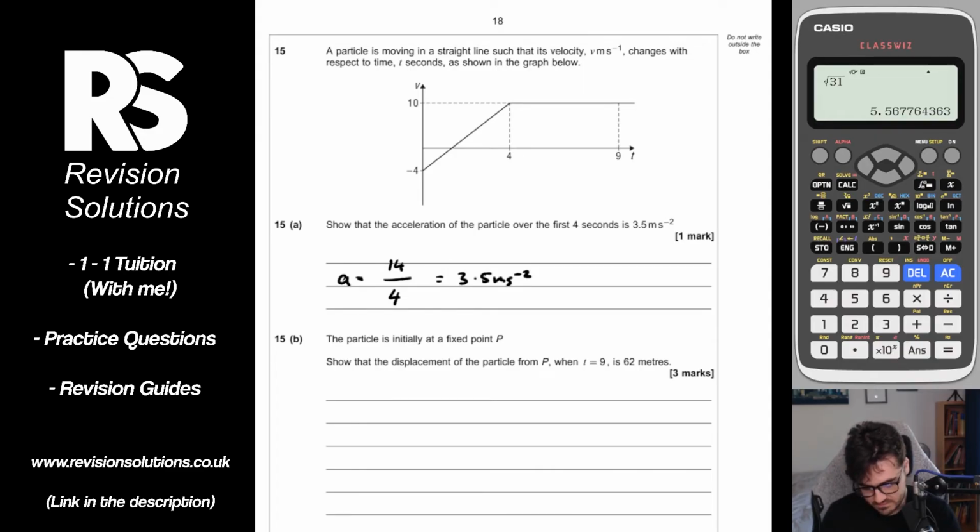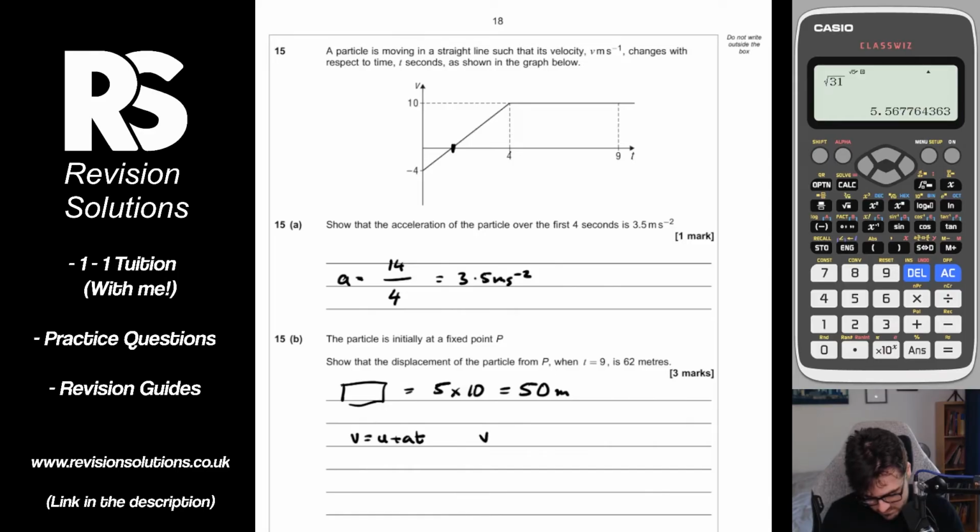To start off with, though, we can find this area really easily. That rectangular area is just going to be the base times the height. So it's the run of 5 and the height of 10. So 5 times 10, that's just 50 meters. And then to find these triangles, we're going to need to find this point. So we can do a SUVAT, because we know the acceleration now, to work out when the end velocity would be 0. So if we do v equals u plus at,